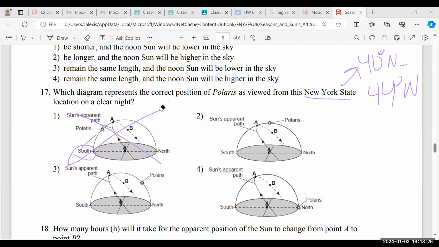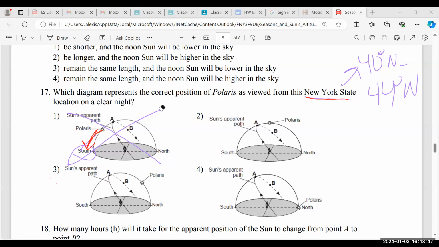Let me change the color. There we go. Polaris is located on the south side for choice 1, and that is incorrect. Polaris will never be located towards the south side. All right. The second thing, because New York State has a latitude somewhere between 40 degrees north to 44 degrees north,